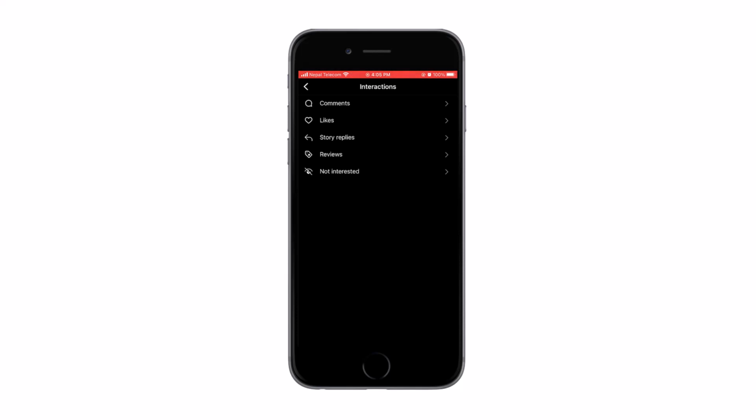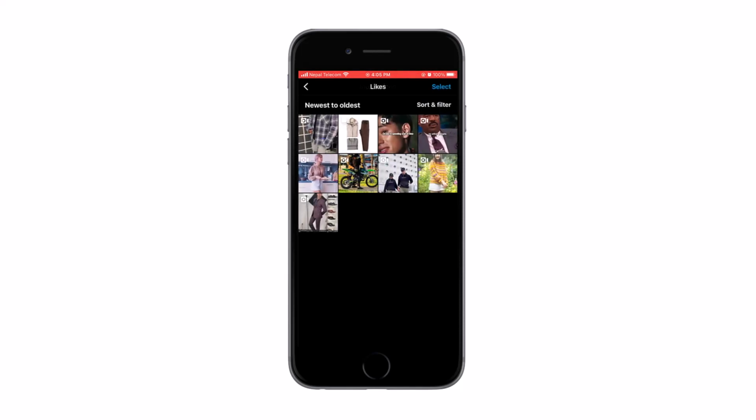To see the photos you have liked, tap on likes and there you can see every single photo you have